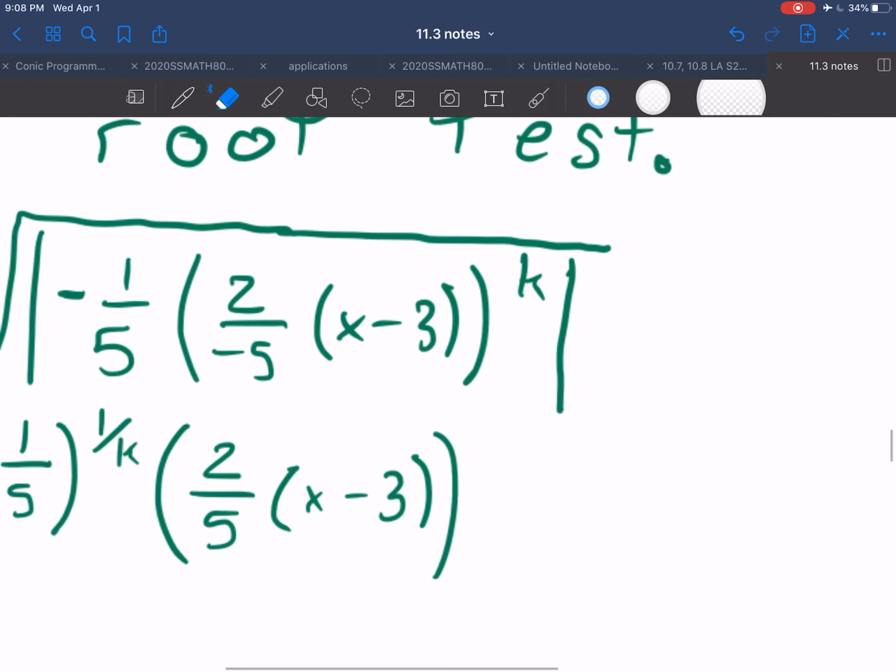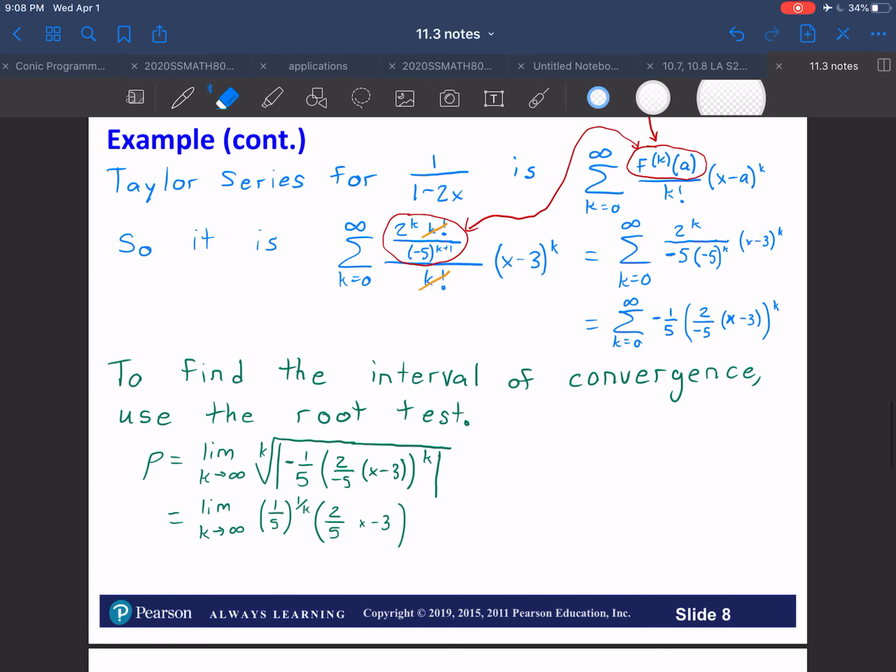And one thing that I should be extra careful about is that this x minus 3 is also still in absolute values, because we do not know yet what x is. X is still a variable, so we leave the absolute values around that. Alright, so the thing that doesn't have any k's in it is this 2/5 times absolute value of x minus 3. So we're just going to pull this whole thing outside of the limit. We're going to get 2/5 absolute value x minus 3